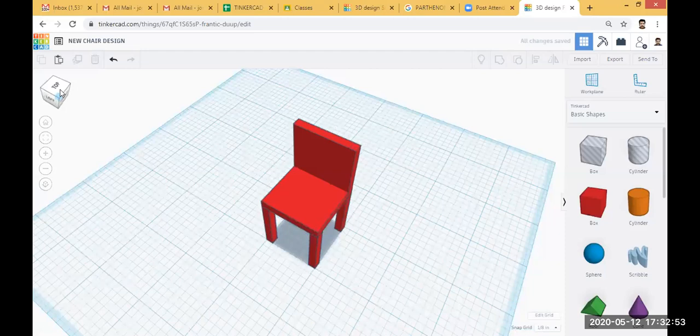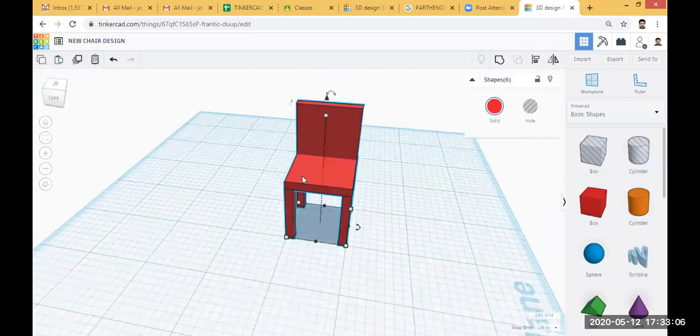But the one problem with this chair is, if I select all of these, you can see in the right side, shapes 6. This consists of 6 shapes. This is not a single component. So you have to convert this into a single object.